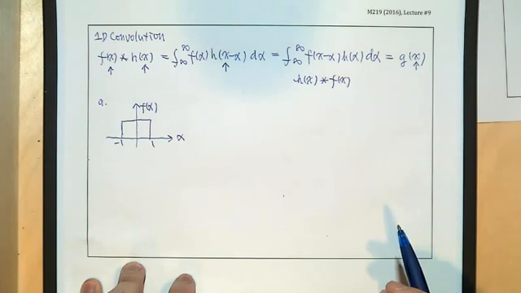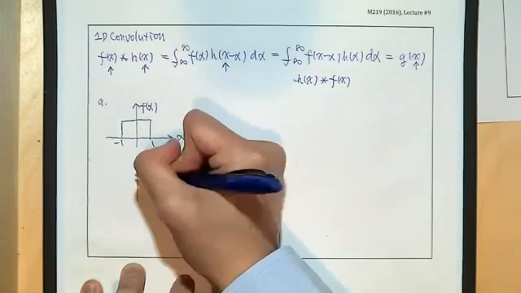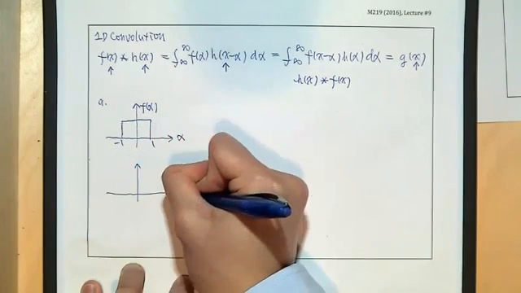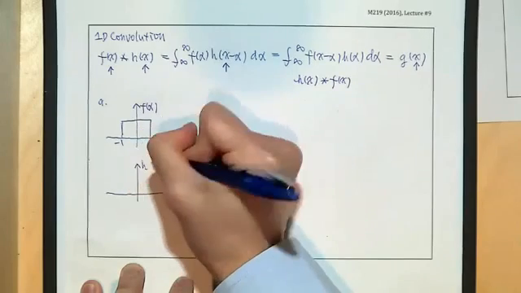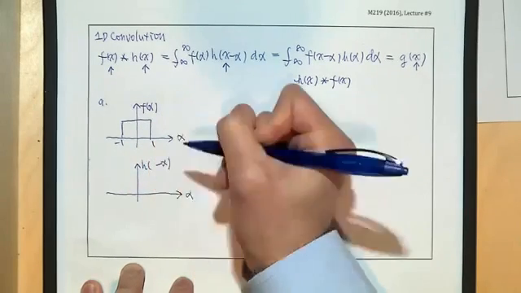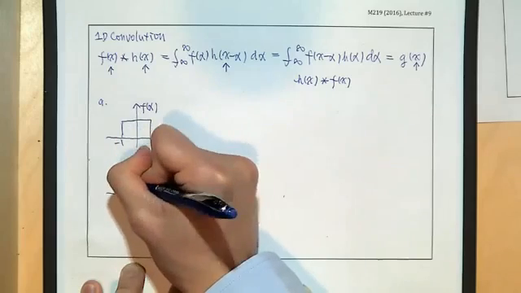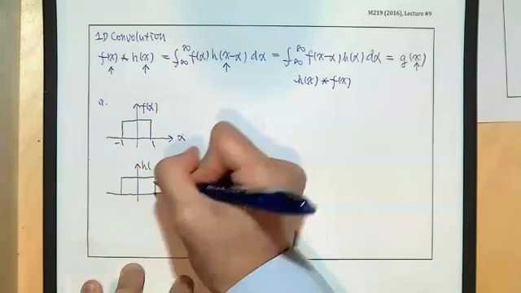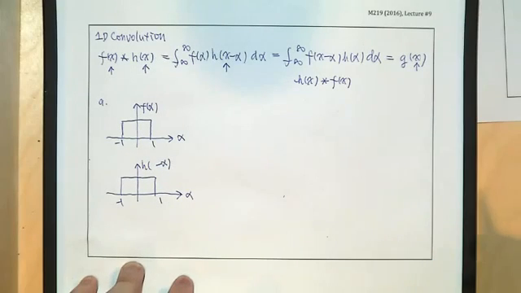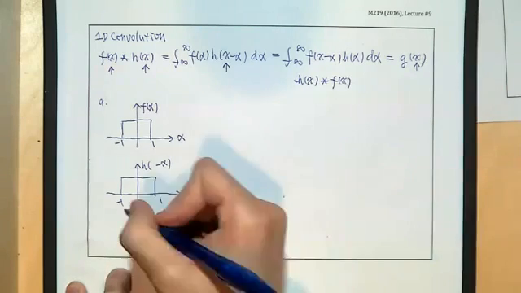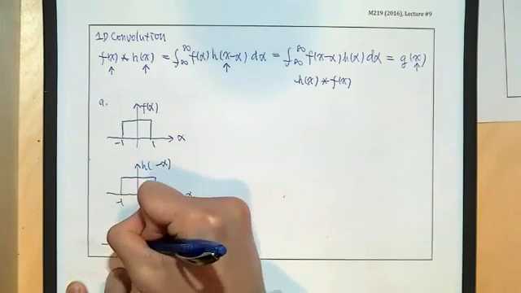Here, because the function is symmetric, flipping it gives us the same thing. So this is h of minus alpha. And here I'm assuming f and h are the same function, but generally they don't have to be. The output is